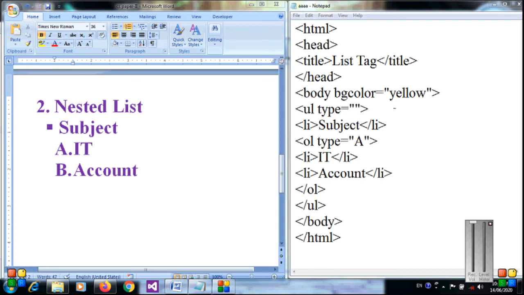So here on the right hand side you can see how to write the tags. So first ul type is equal to square. Why am I using ul? Because my first item, subject, comes with an unordered list.